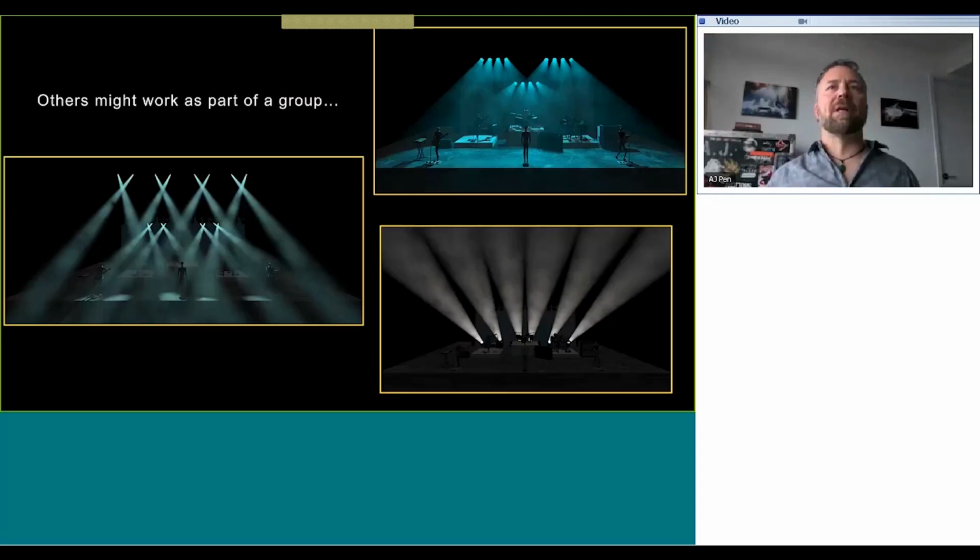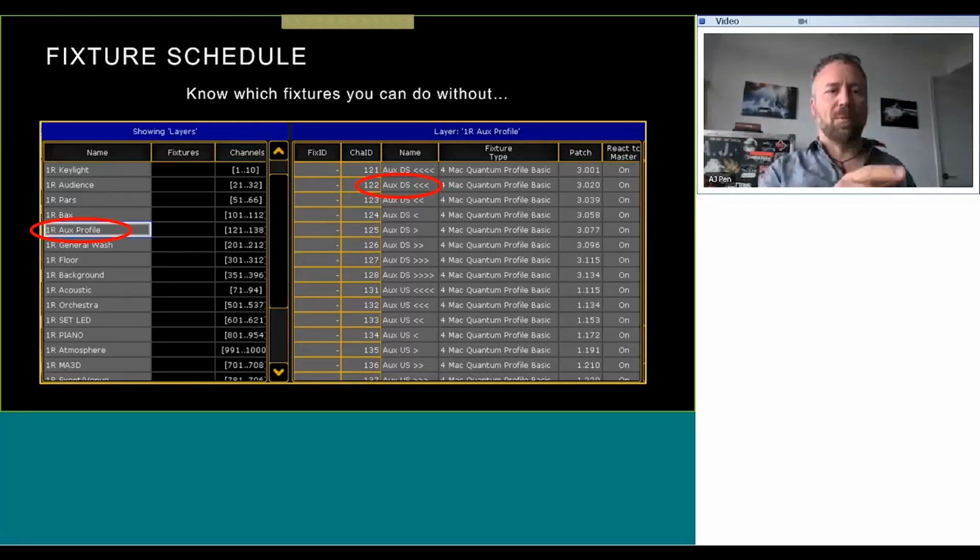Other fixtures might work as part of a group. You can see our classic tight X's there and some lights shooting up over their heads, the floor lights there, and then a group of wash lights just giving you a general wash. These lights, I could thin their ranks quite easily. Let's have a look at the aux profile layer.